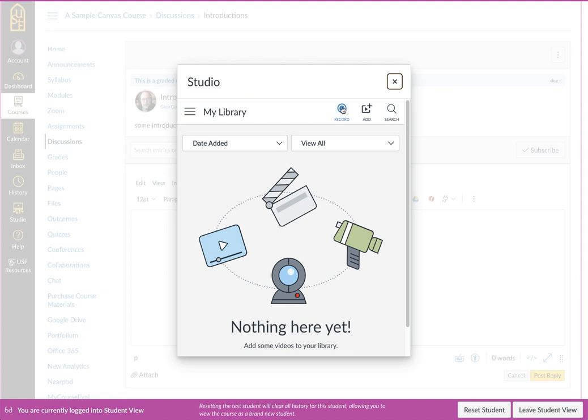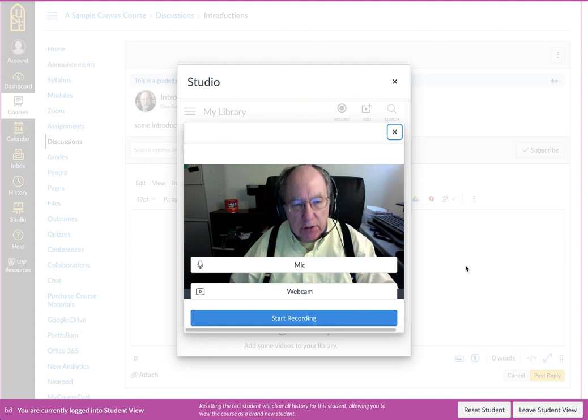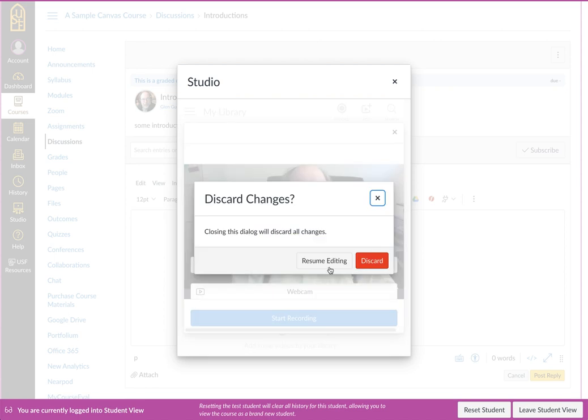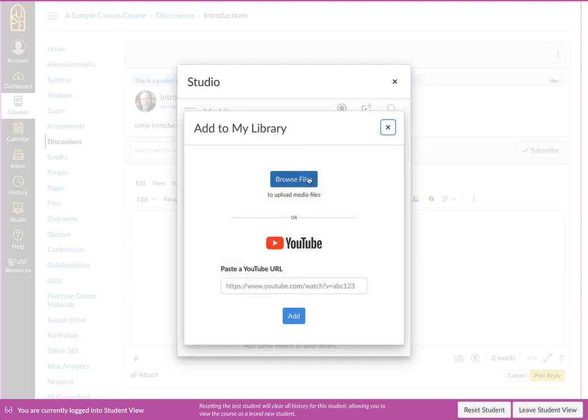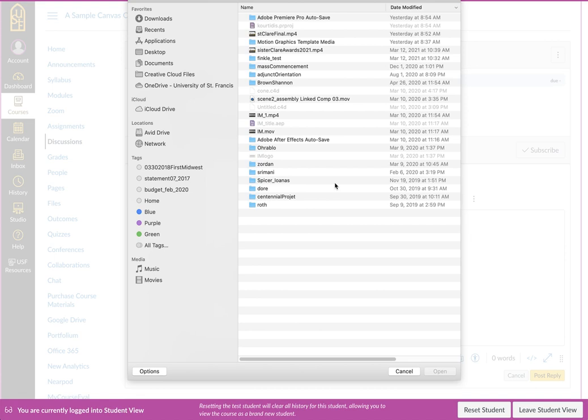So you can record a video using Studio, and here is a possible webcam capture that you can record, and you see that there's a mic and there's a webcam and you can start recording. Or you can add a previously recorded video. So if you have a video on your computer that needs to be uploaded, then you can select it and put it into the